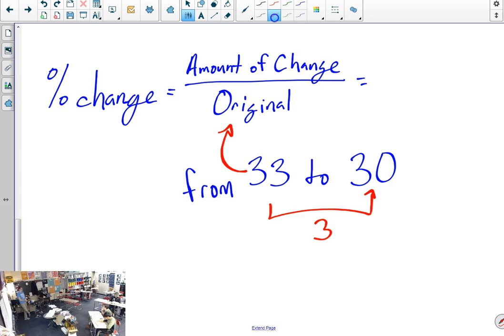Doesn't matter increase or decrease. If all you're doing is calculating the amount of change, the percent change, it's just how much did you change by over where you started. Right? Part compared to whole is now too general that we can't really keep thinking part and whole. And you can, because the part is the part that we changed by, that chunk that we added on or took off. But the whole is not what we're left with. The whole is where we started, what we reference back to.